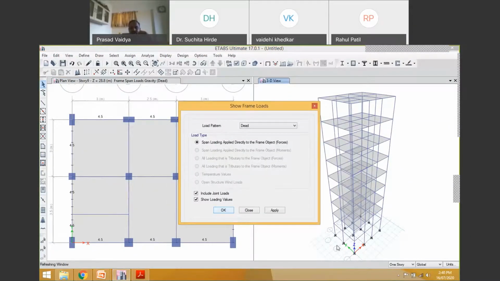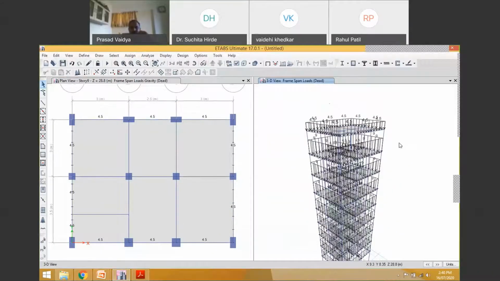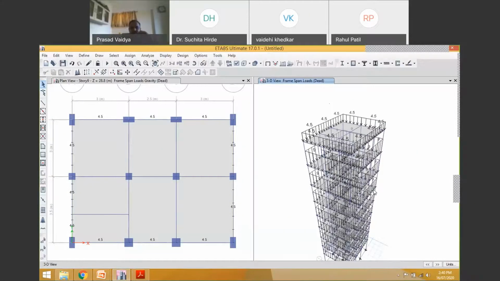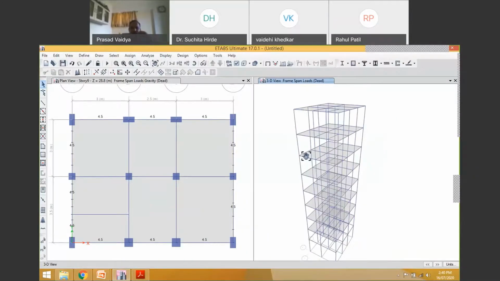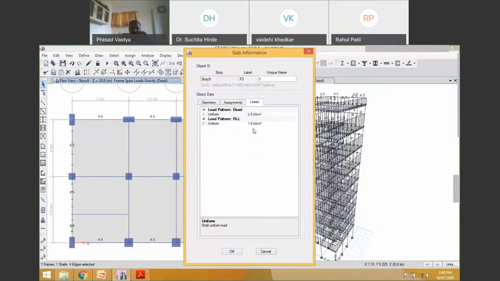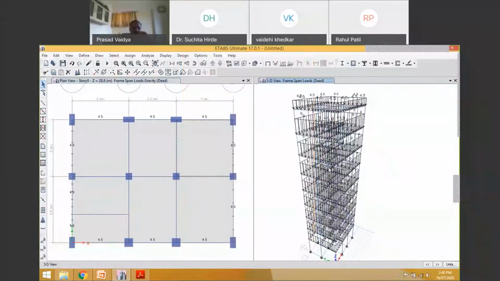Now we'll display the loads on this particular diagram and check whether the loads are proper or not. So go to display, show loads, frame loads, and dead load case. You can see here roof we will be having only parapet load and internal beams are not loaded. All other internal as well as external beams are loaded for wall loads, and then there are shell loads. Shell load will not be displayed like this. For shell load you have to just go to that element, right click and just check. See here it is a roof, so 2.5 as a dead load and RLL case it is 1.5.